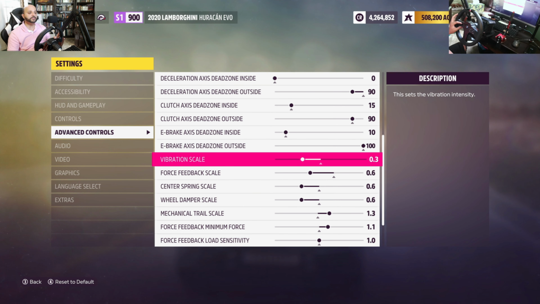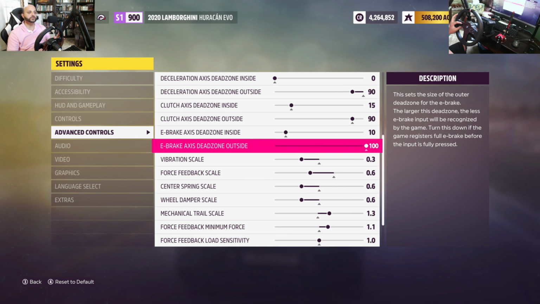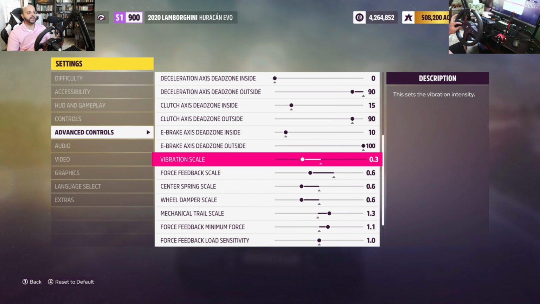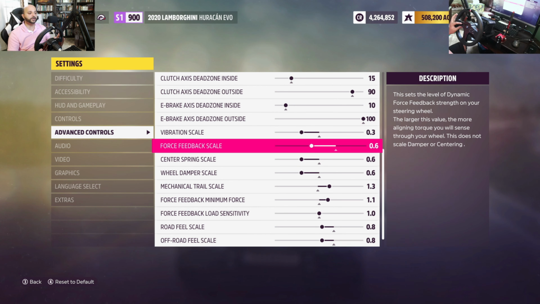So really the only things we're changing here for drifting using the Fanatec CSL direct drive system are the deceleration axis dead zone outside. We're changing the vibration scale, the feedback scale, the spring scale, the center spring scale, the wheel damper scale, the mechanical trail scale, and the force feedback minimum force. Everything else is pretty much standard, but